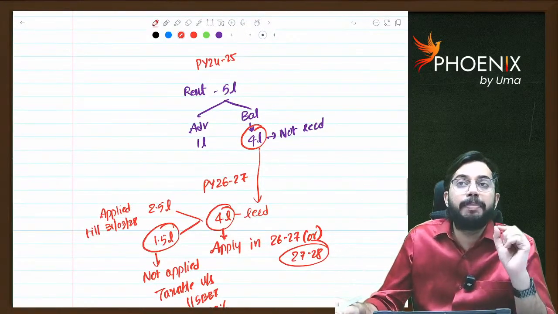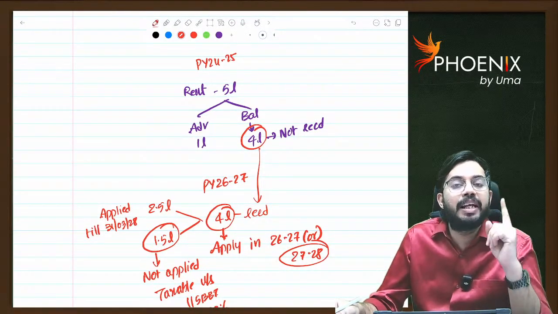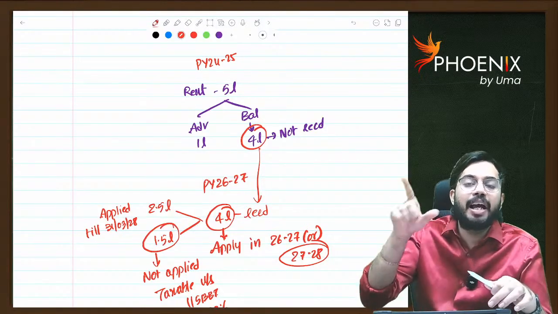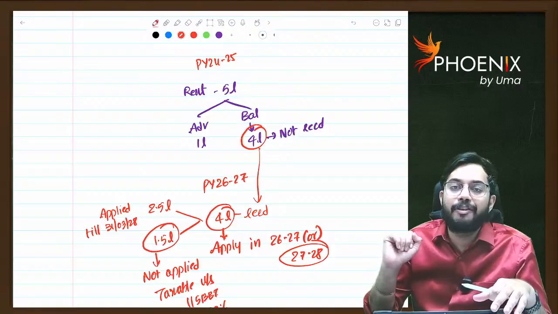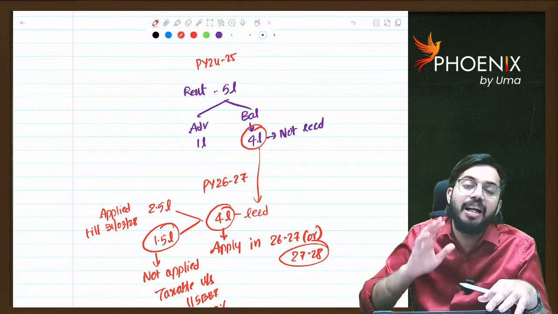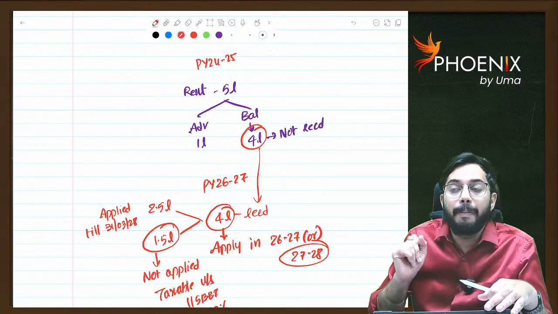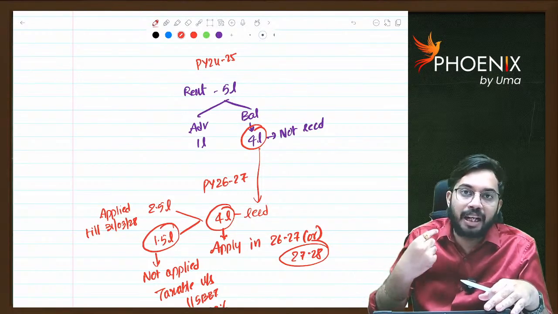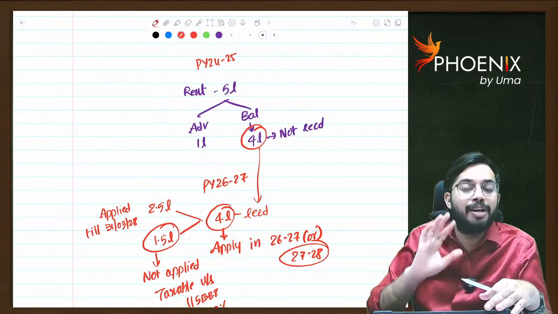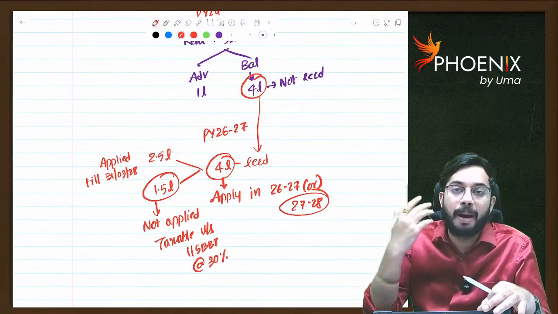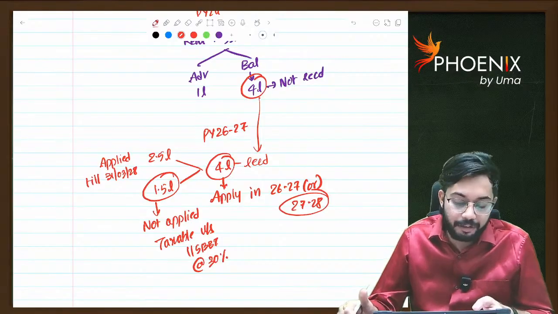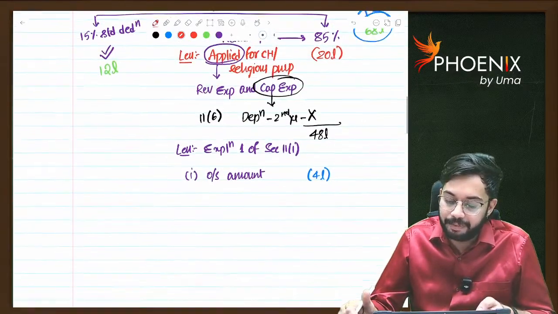So as per explanation 1 of section 11(1), if you are following accrual basis of accounting and the entire amount is included in income derived from property held under trust, whatever amount you could not receive in the current year, you can claim as deduction. But in the year in which you receive that amount, or in the immediately next financial year, you should apply it. If you fail to apply, whatever amount you did not apply is taxable under section 115BBI at the rate of 30%. Are you able to understand?